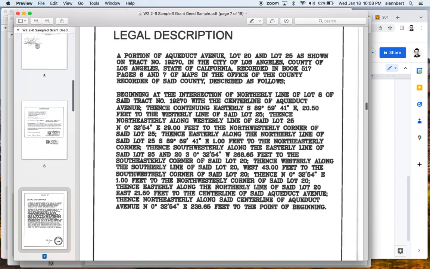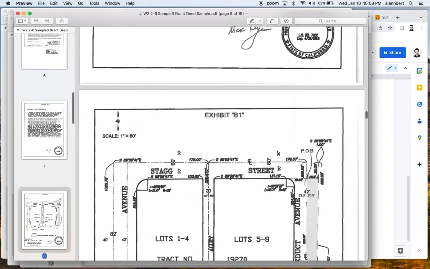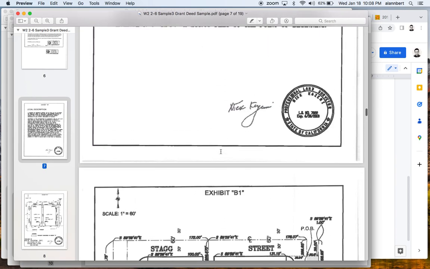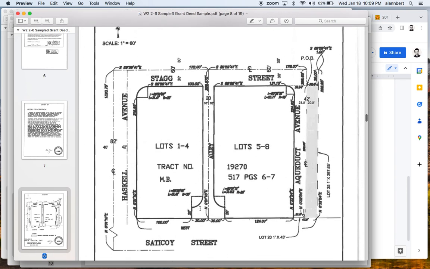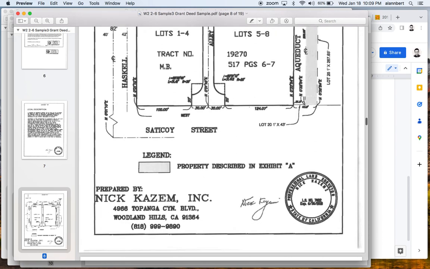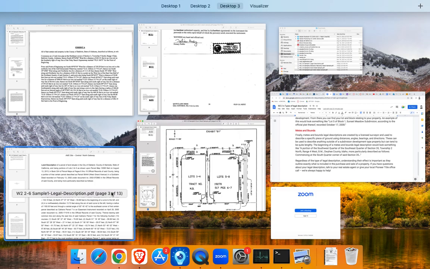And you might see the legal description that says here, begin at the intersection, northerly, north to east, 29 feet, and stuff like that. And you will see this Exhibit B is a drawing of a lot, and these are the modern ways of describing a lot, where in addition to a description using words, using angles and lengths, you also have a drawing done by a surveyor, and typically you'll find the name of the surveyor here. Okay, so for our lot description,